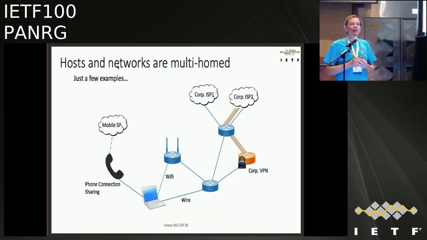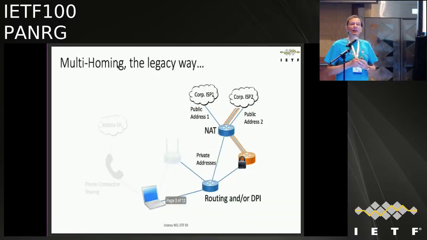So how can an application select the right thing? In the old world, the legacy world of IPv4, maybe some of you are still using it, but I hope not, how do you do it? As soon as you have selected one path, you need to ensure that the return traffic is going by the same path. Okay, selecting one path is correct, but in some cases you want to have a symmetric path. So we need to find a way in IPv6, because in IPv6 we don't have NAT. We don't want to have NAT, because that would be a stupid idea.